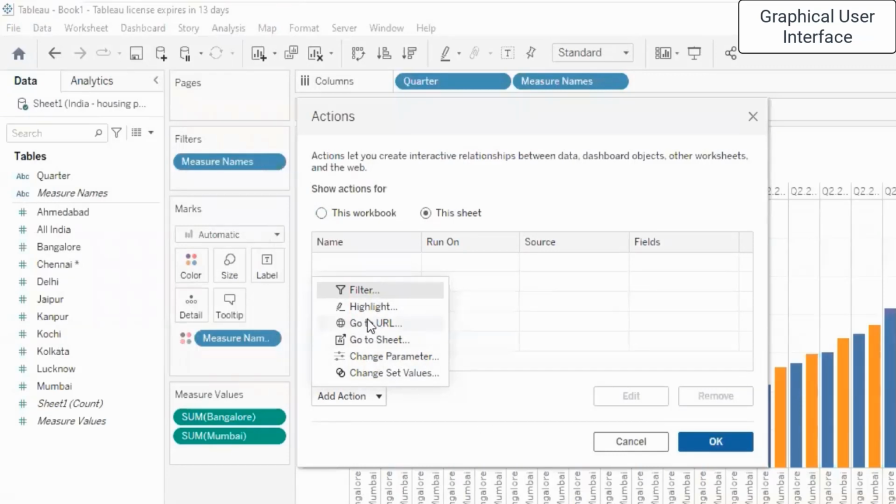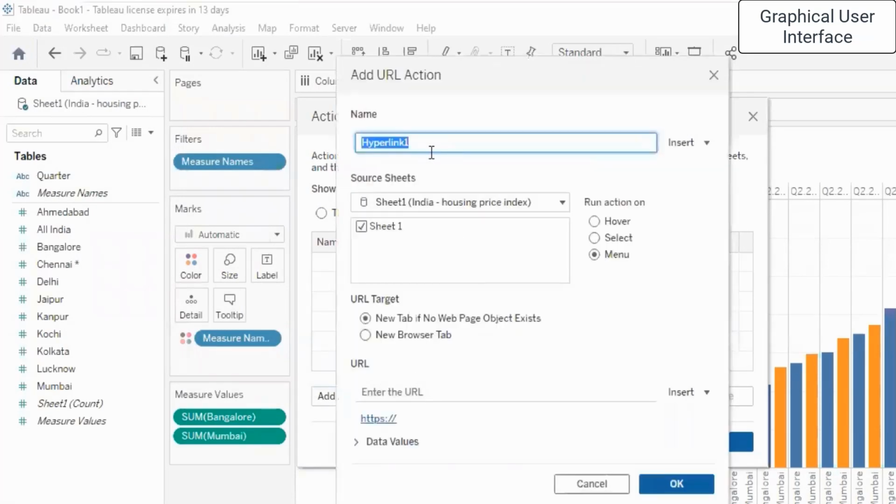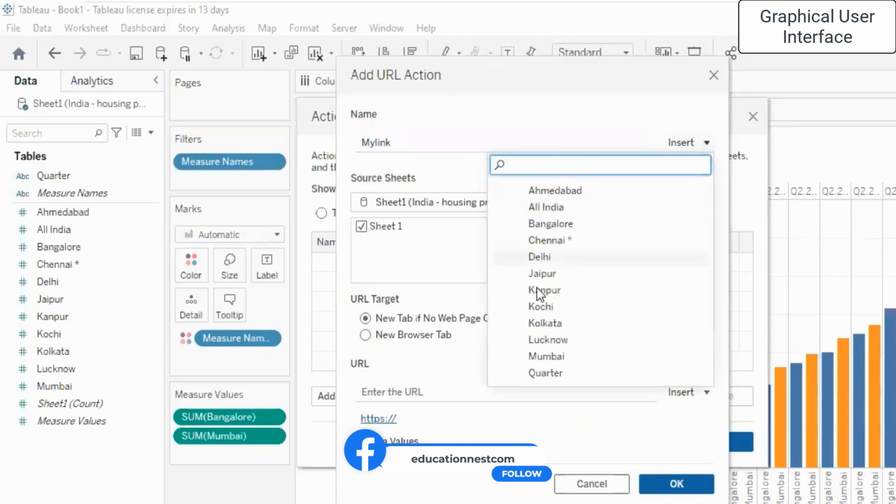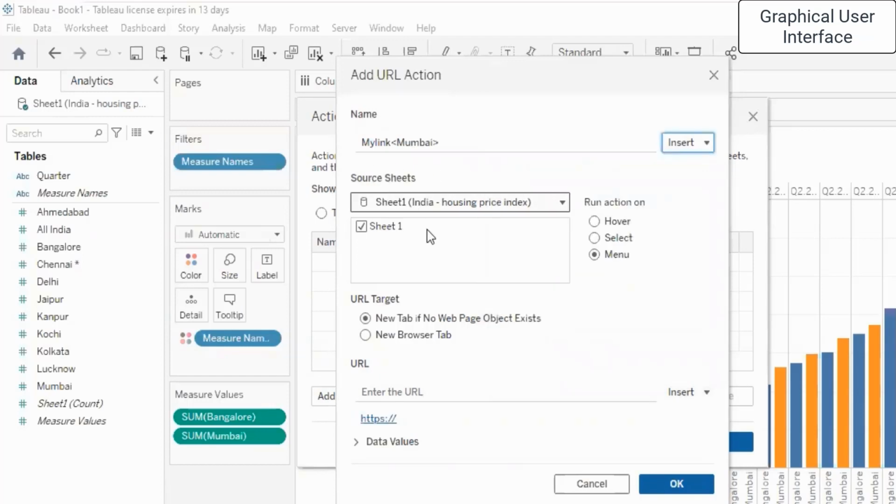Suppose we select go to URL. It is asking us to name the hyperlink. Now we have not created any specific hyperlink, but suppose you add hyperlink 1, let's say, and then I'm selecting insert. Insert what? You can insert any of these. So let us select Mumbai, and which is the source sheet. This is the source sheet, which means in sheet 1, Indian Housing Price Index, we are adding this, and then